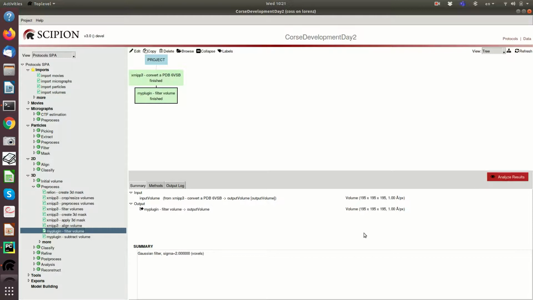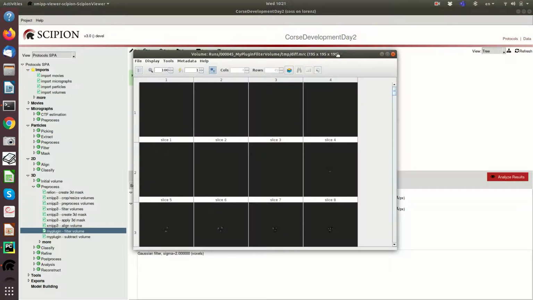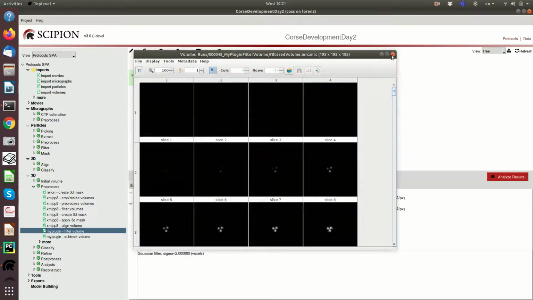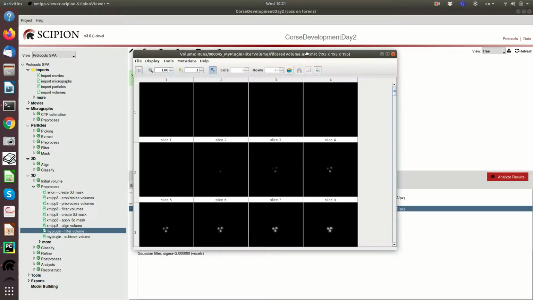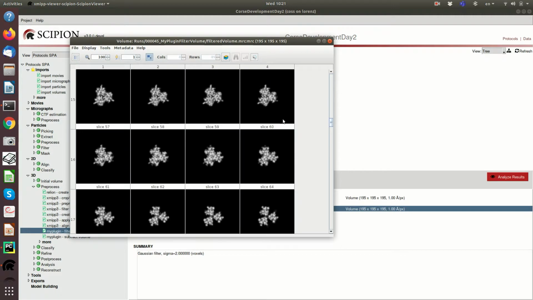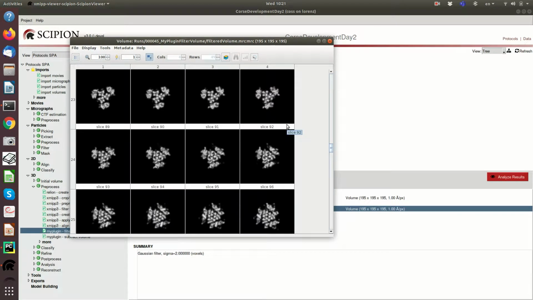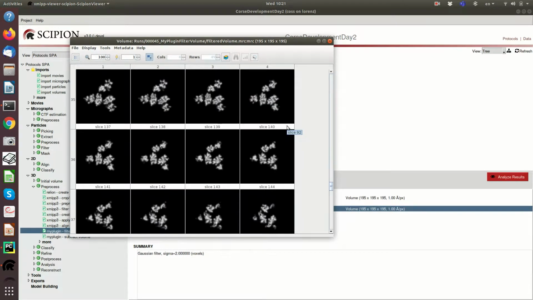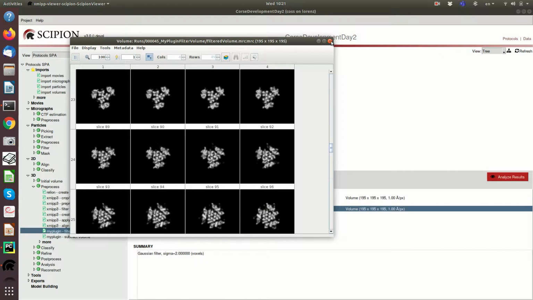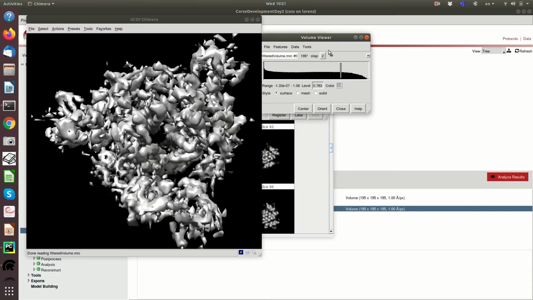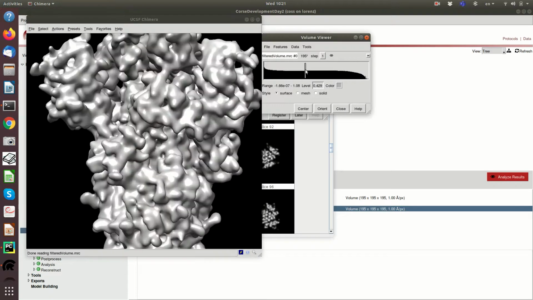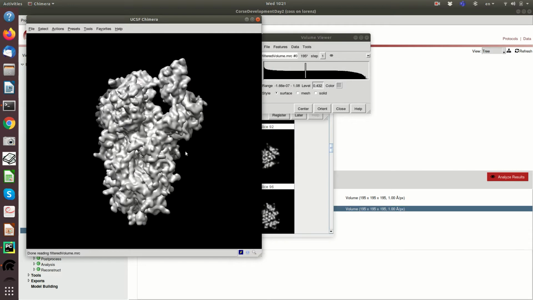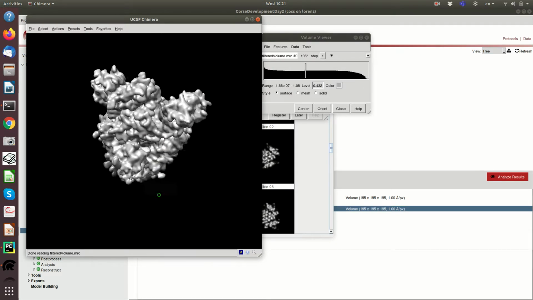Now we can analyze results, and well, let's see it more. So we can either click on the object. So the object is just the default viewer for this kind of objects that are volumes, and then it should be a filtered version, a low pass filtered version of the previous one. So we can see that we have performed a low pass filtered version of the previous one. We see many less details,